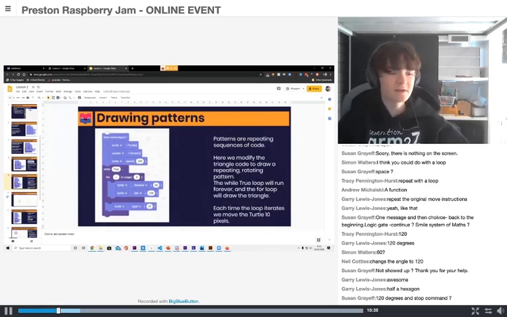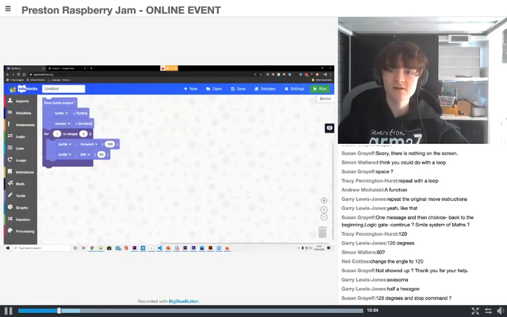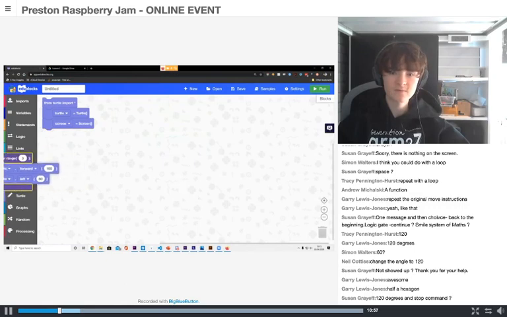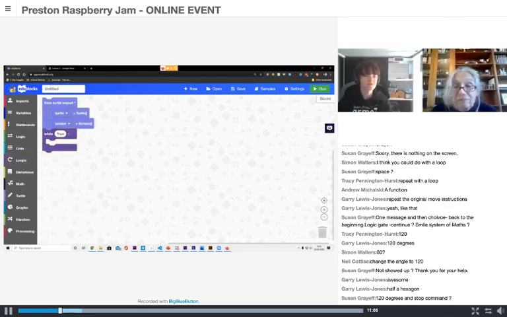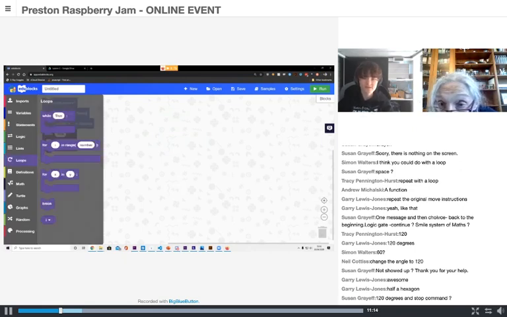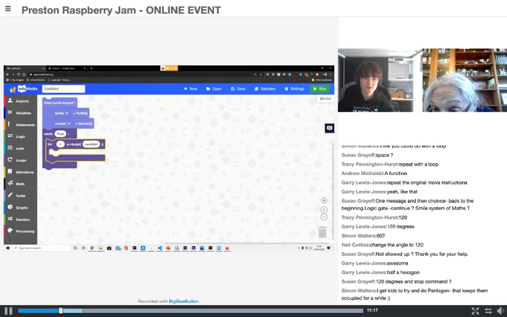Now, how can we make something a little bit more interesting? You can see that we've got squares and triangles, but that can be quite boring. So let's try and draw a pattern. If we go back to our editor here, and then remove that bit of code there. To create a pattern, what we can do is get a while true, so that's similar to a forever loop in Scratch, I think is what it's called. And then if we get another 'for i in range' loop, and then change that to 3,